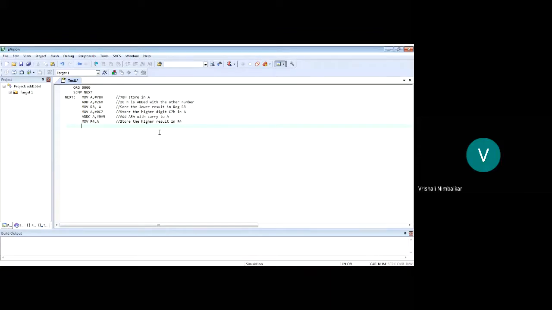I told you all there is no end instruction. Then how do you stop the microcontroller from executing unwanted instructions? You write an unconditional short jump to some label. And where is that label? That label is at the same instruction. Is that okay, students?